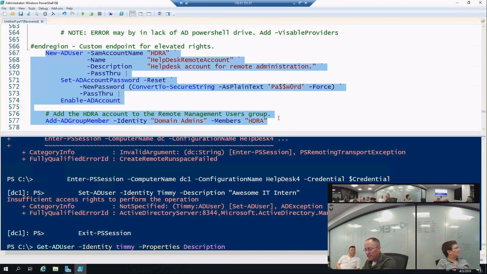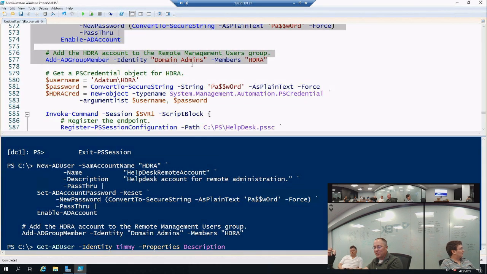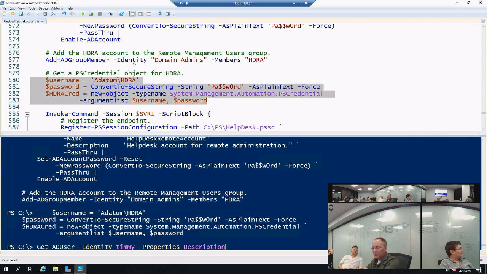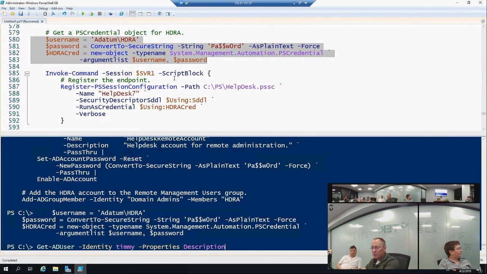We're going to add this person to domain admins. Okay, again, normally I would not put this in that group, but just for speed of presentation. I'm going to go ahead and create a credential object with the password already typed in. So there, now you guys know the code to do that. And what we're going to do next is attempt to connect in